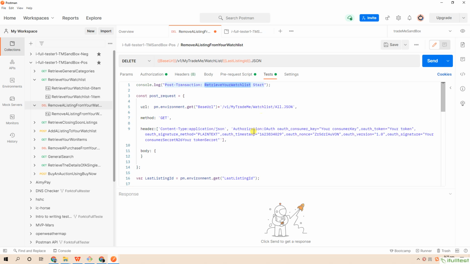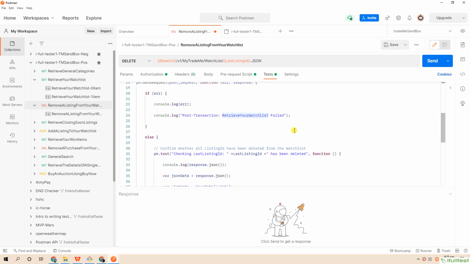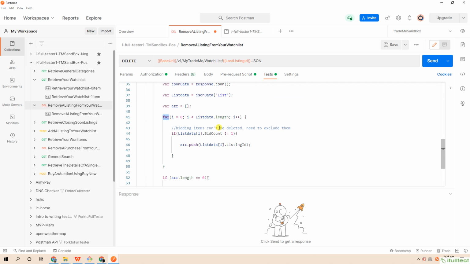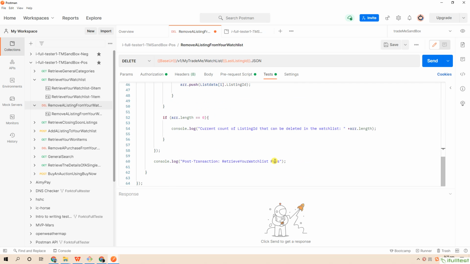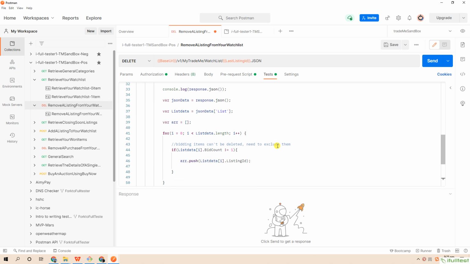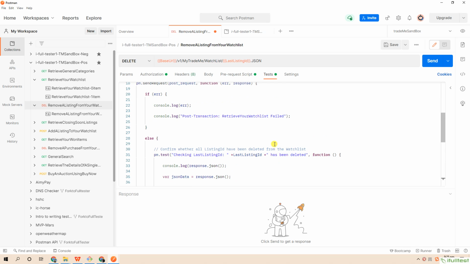If there is no item on the watch list, the transaction passed. And also, this is a self-assembled request. We need to fill in the authentication information manually.